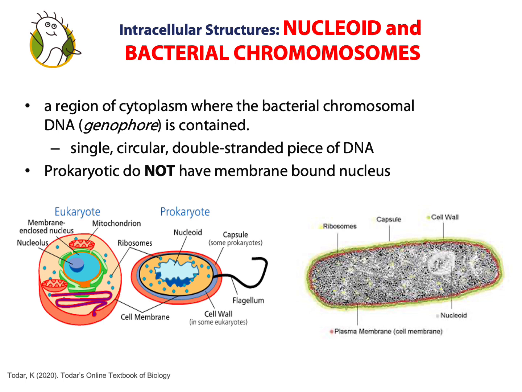In contrast to the cell nucleus of your eukaryotic cell, it is not surrounded by a nuclear membrane. So the genome of the prokaryotic organism generally is a circular, double-stranded piece of DNA